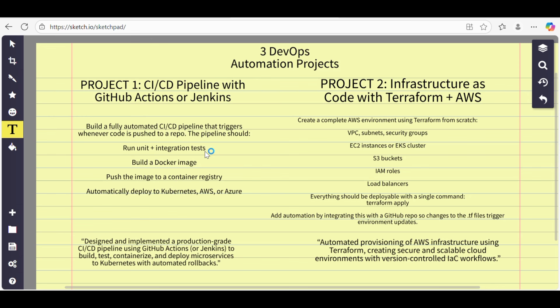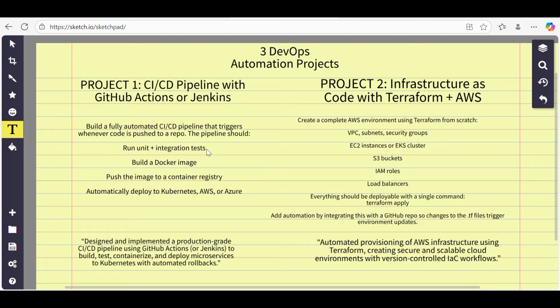You should make your pipeline like that. Then in that pipeline, there should be a unit test stage and an integration test stage. In this way, you'll be able to tell that you have also worked on testing or code quality scans in your pipeline,